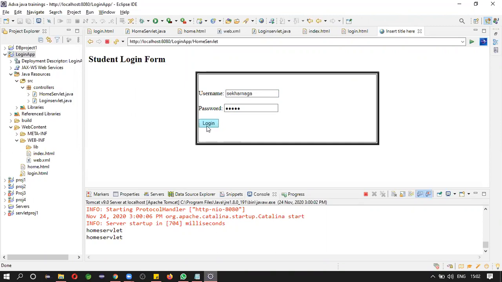Whenever the user clicks on login, we should show something so that he will understand that he is logged in. Now where should we do the changes?